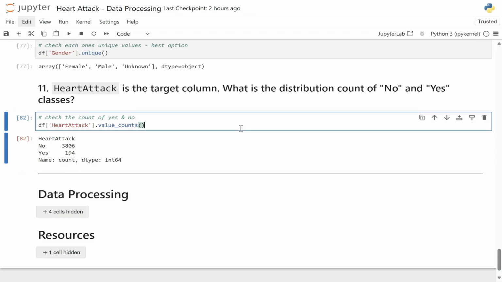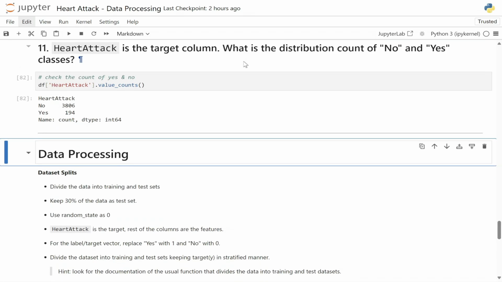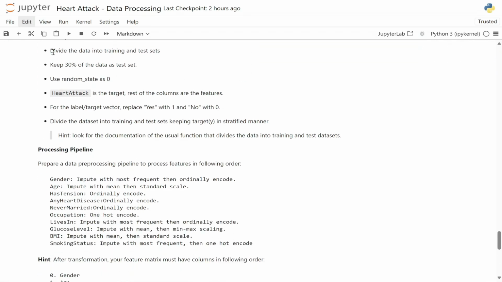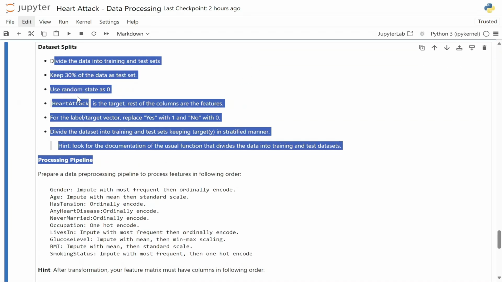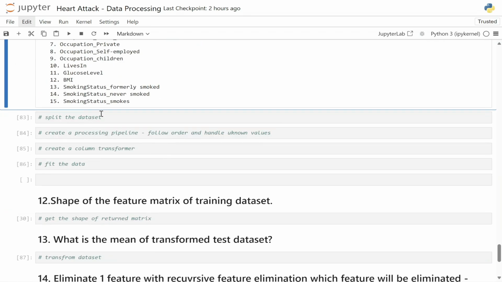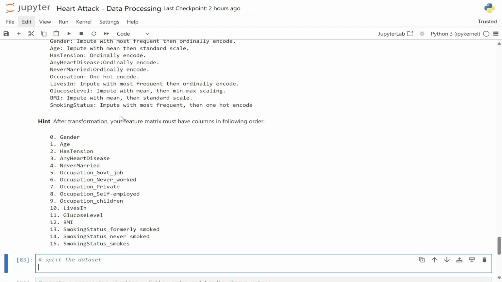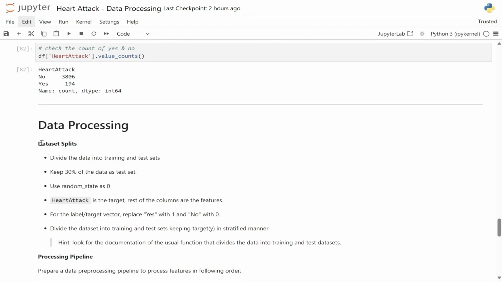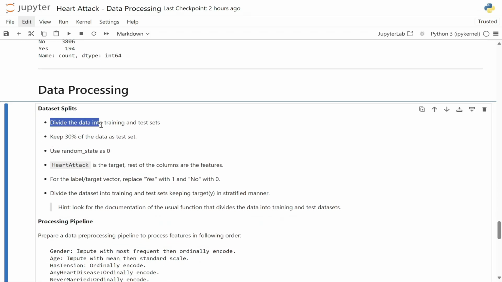So let's look at that. Our next part is data processing, and in data processing you have all these things that will come into it, like you have to split your data, you have to process your pipeline. So we will look into all these things. Let's start. So in this we have to first split our data, and here we have to divide the data